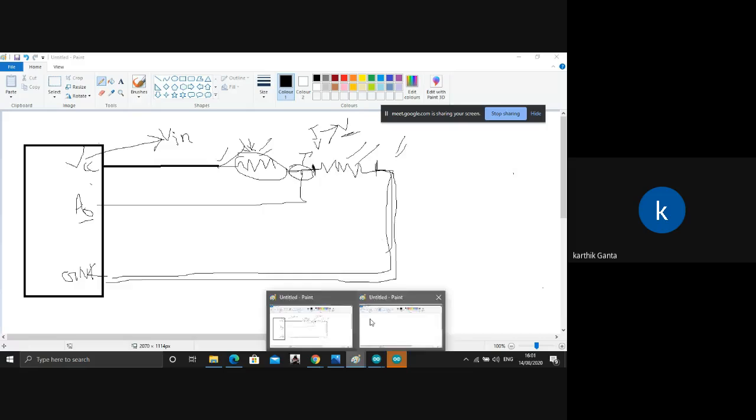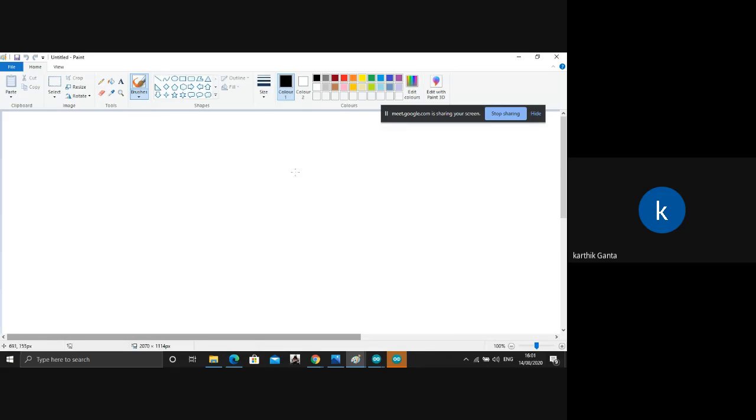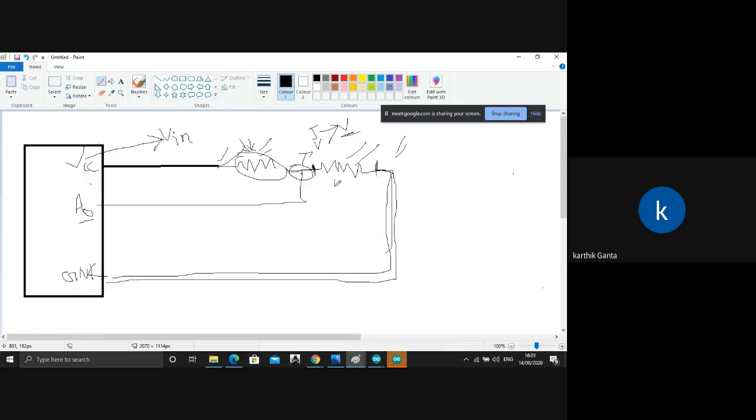And next, I'll just tell you the calculation that I said yesterday very fast. First, when you connect it normally, you calculate the current first, V by R. Here, what is the R? Let's take this as 1K, or you can take any value, it's fine, 5K.